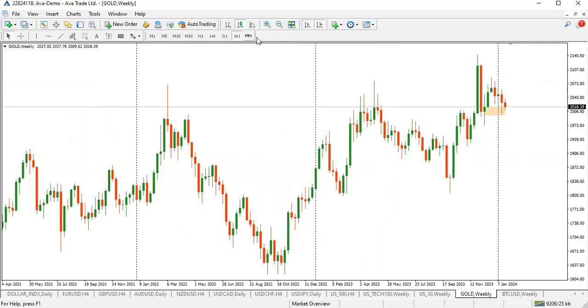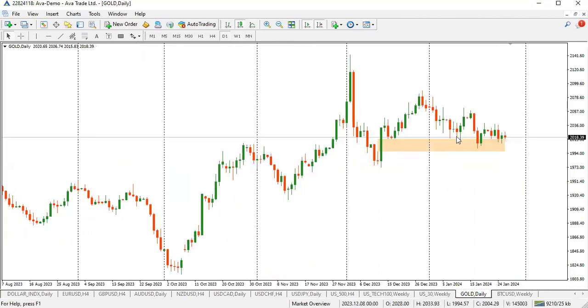For gold, we're still within this range. We're not taking out, still within this range. Let's go to the weekly time frame. Nothing significant to talk about on the weekly. At 70% right here, that's the only thing I see in discount. Otherwise, everything is still looking bullish for me.